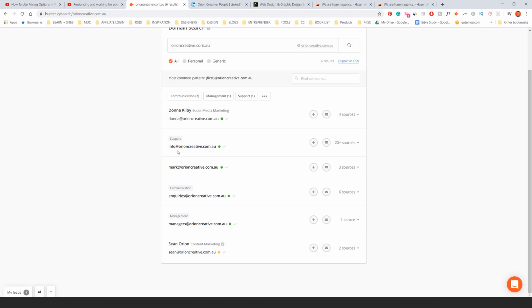And if you can't find an email, but there's an example here, sometimes you can just type in the name and copy the formula. Different companies might have the full name or the first name dash last name, so you could just type it in and hope it works. But yeah, I could just copy Mark, so I'll copy and paste that, and then I'll go to my email,